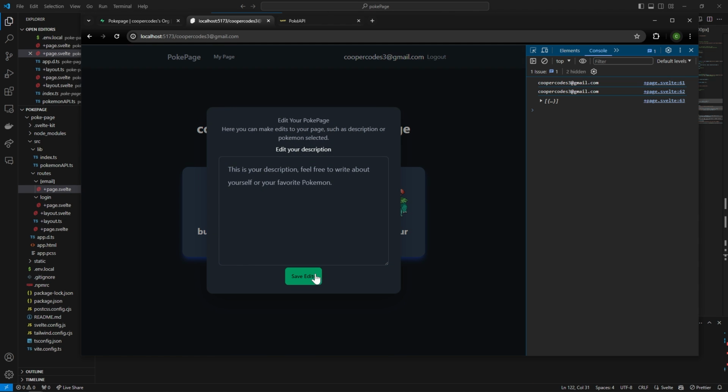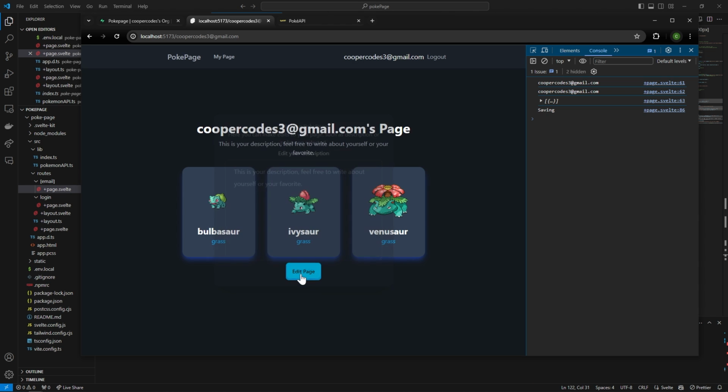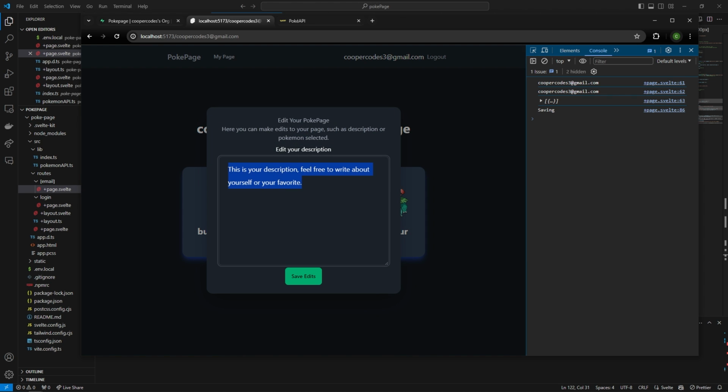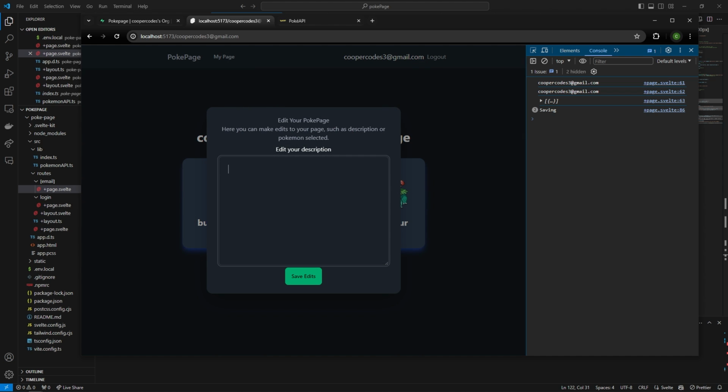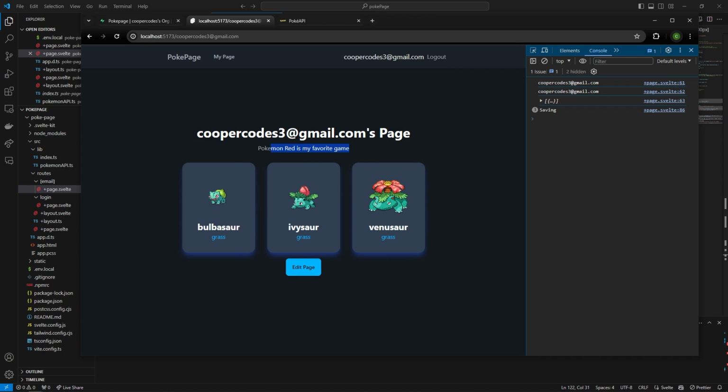So if we press edit page, press save edits, and it will go away. And this value is actually getting synced up to whatever this description is. So if I say, hello, you watching this, I can then press save edits. And boom, there it's going to go. That's kind of scary, so I'm going to go back to Pokemon Red. It's my favorite game. But you can change this to whatever you want,